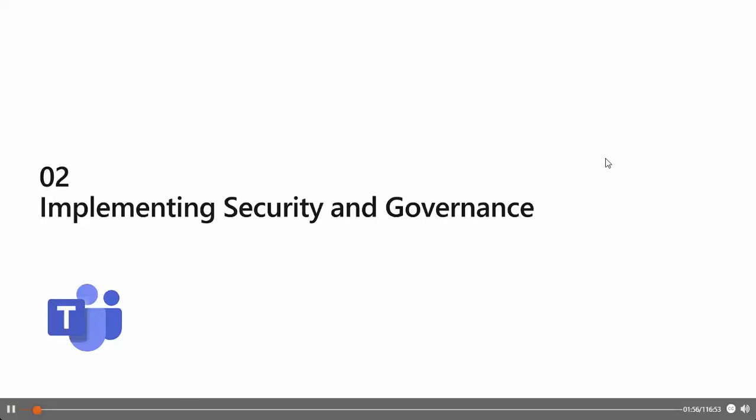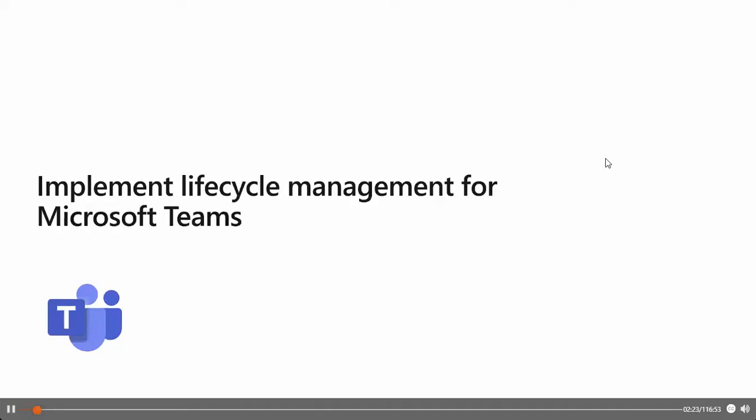Most projects consist of a beginning, a middle, and an end, and Teams do the same. But they can be constructed and used in such a variety of ways that it's not always obvious which stage of their life cycle they are in. So having a plan for the security and governance management features will help you to track your organization's projects as they go through the different stages. So let's start to discuss the implementation of lifecycle management for Microsoft Teams.